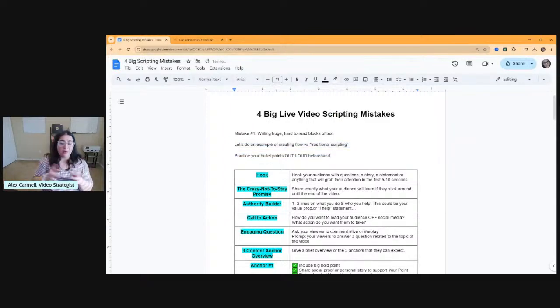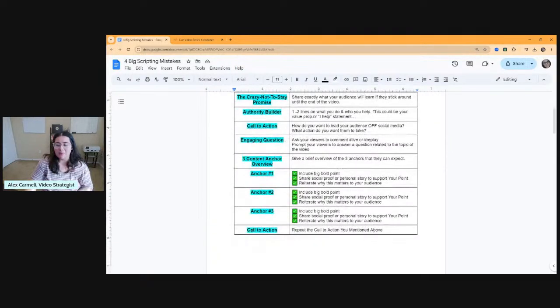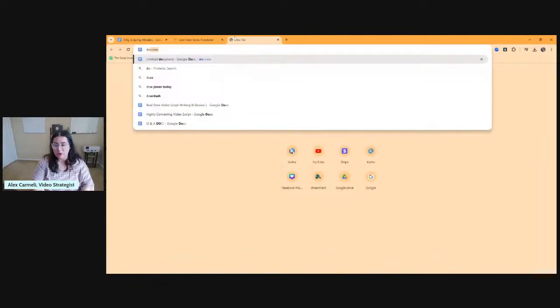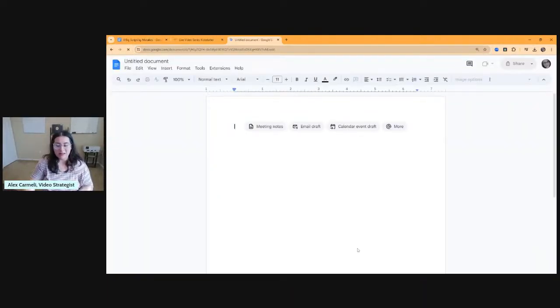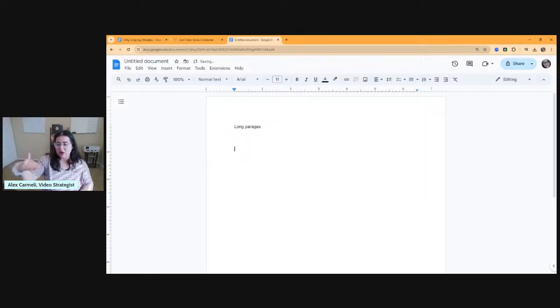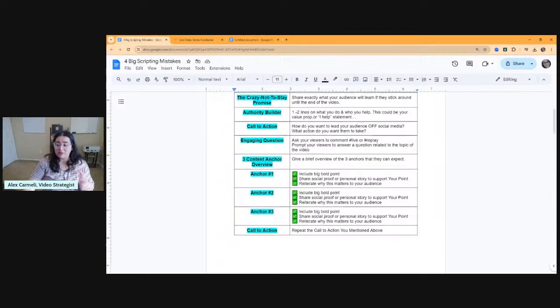Let's do an example of what traditional scripting would look like versus a flow. Traditional scripting would be like, okay, you've got a blank page. Let's say I opened a new document and started to just write long paragraphs with no structure at all. Long, dense 3 to 4 paragraphs with no structure, right? Versus a flow,